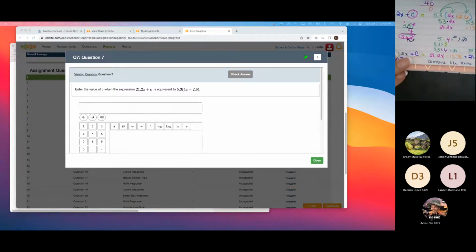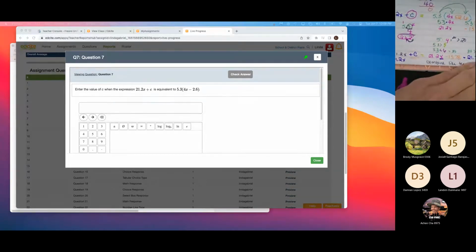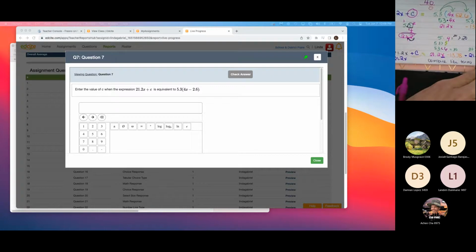I'm going to combine my x values. So I have positive 21.2x minus 21.2x minus 13.78. And since I isolated c,